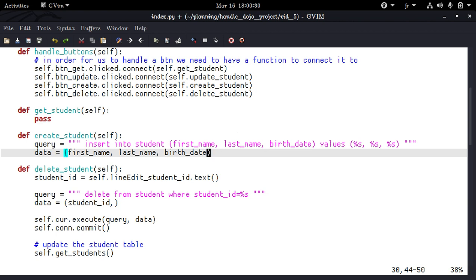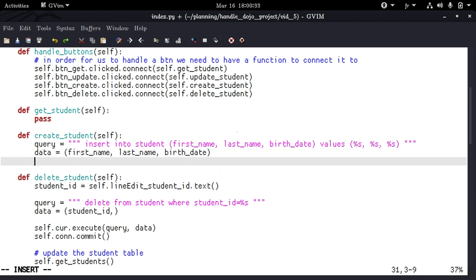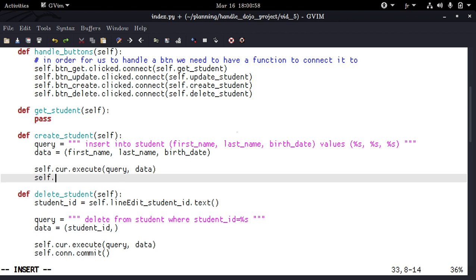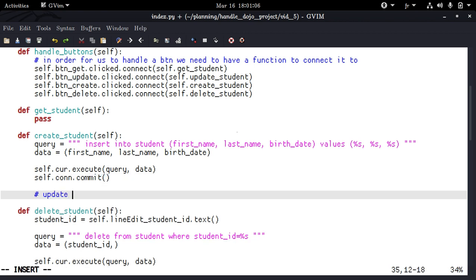So you create the query, create the data that goes with it, and call self.cursor.execute on that. But if you are smart enough to notice, these first name, last name, birth date are just local variables and they don't exist, so we still need to define them. Okay, so self.cursor.execute with the query and the data, and like I've said, self.cursor or connection is what we're going to use to commit the changes, and update the student table again